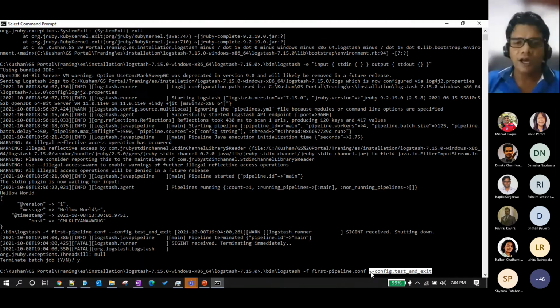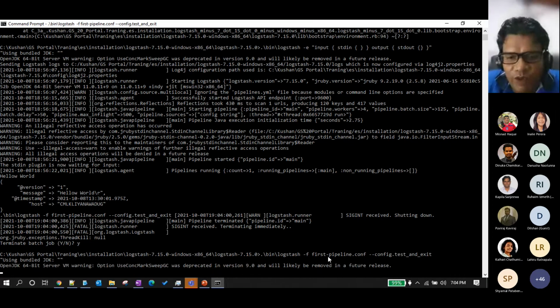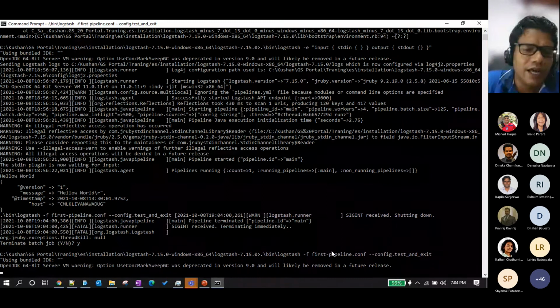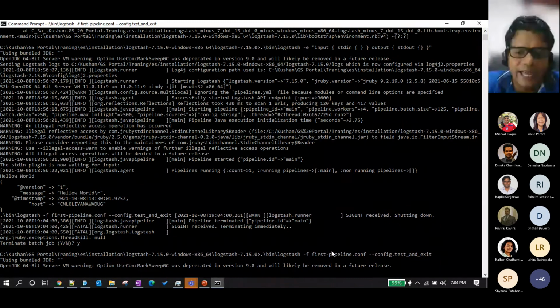To do that, you can use test and exit, where it will check the syntax of this particular file and tell you that the syntax is okay, or if there is any error, it will show the error, or otherwise it will exit.